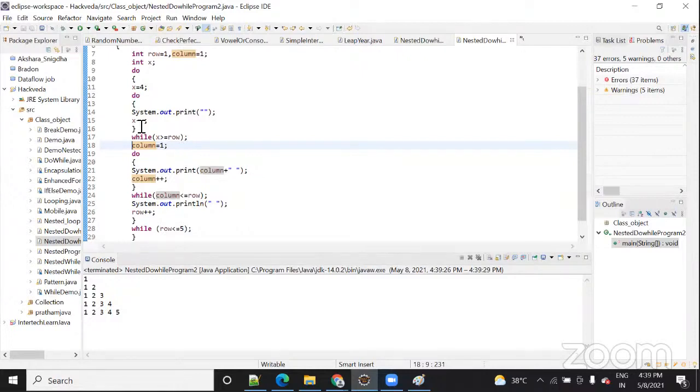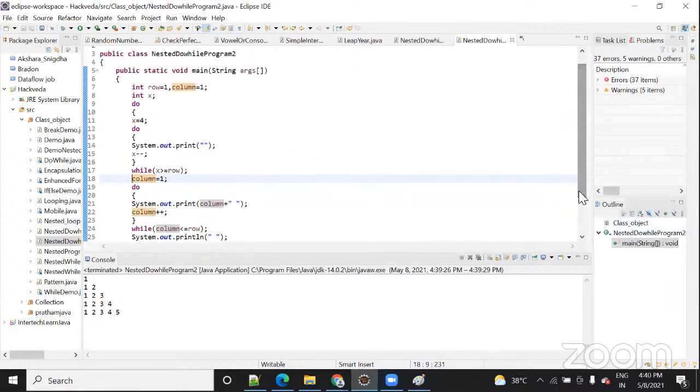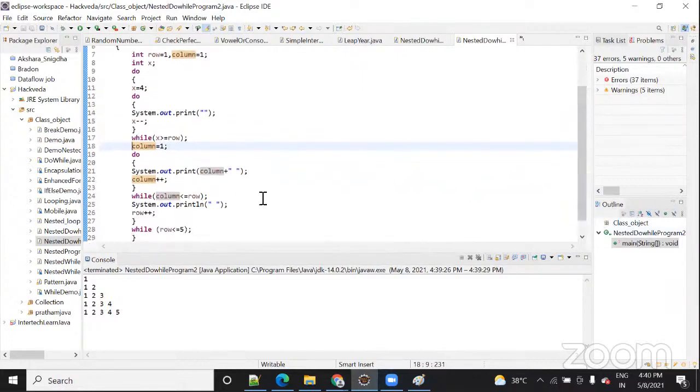Is it clear? Shall I repeat or anything? Yes, it is clear. Okay. Any other question? No. If you get stuck anywhere, then you can do one thing. Don't just run. You can make some changes on the code and then try to run it so that it will be clear to you, right?